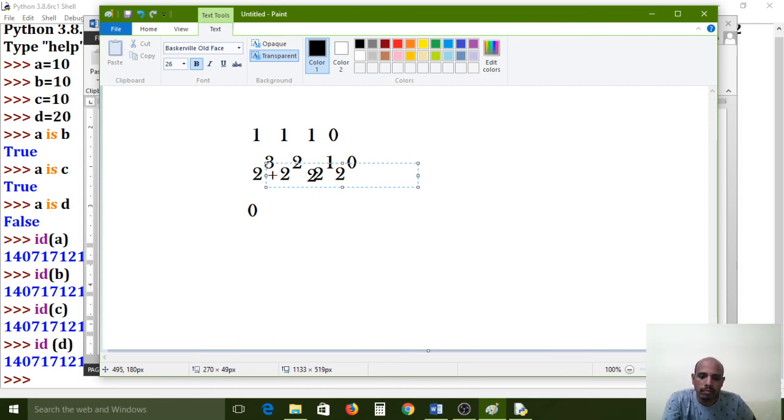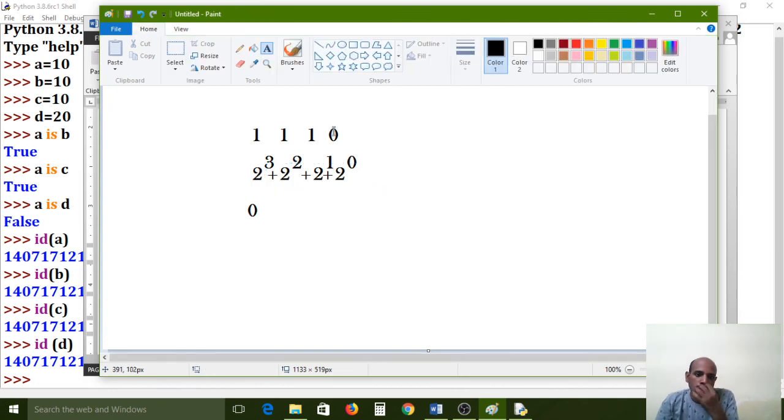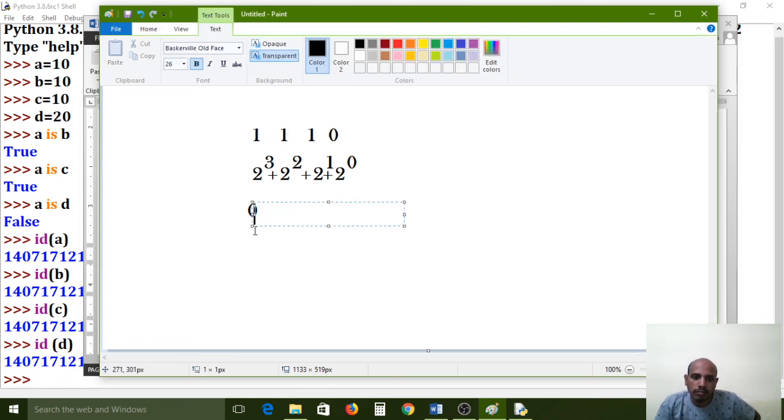For your understanding purpose. Plus, now understand? So this is the format. This is 2 power 0, this is 2 power 1, this is 2 power 2, this is 2 power 3. Now the result is